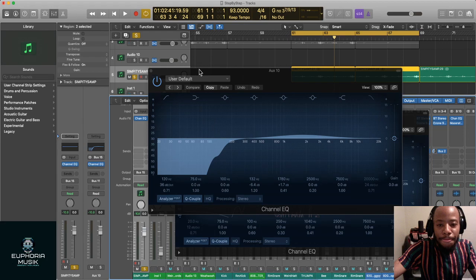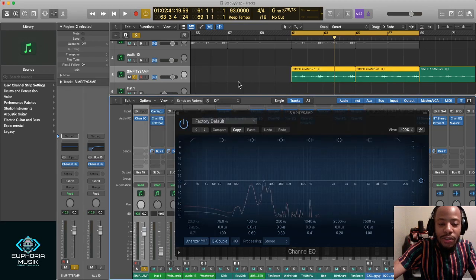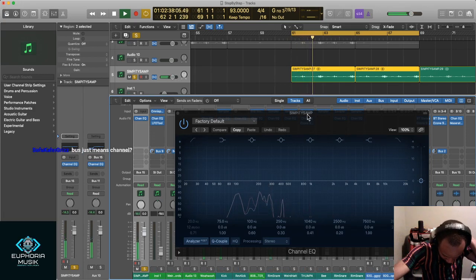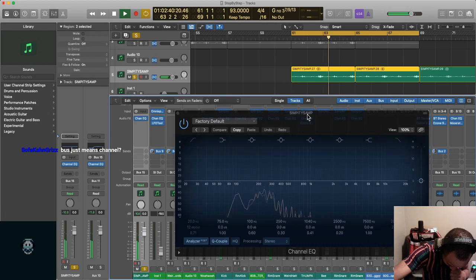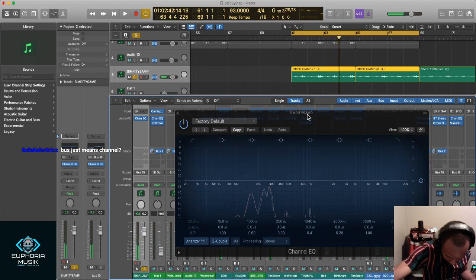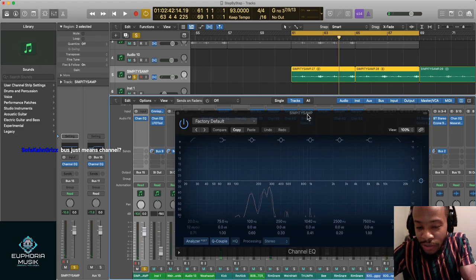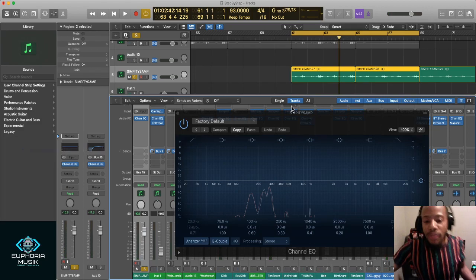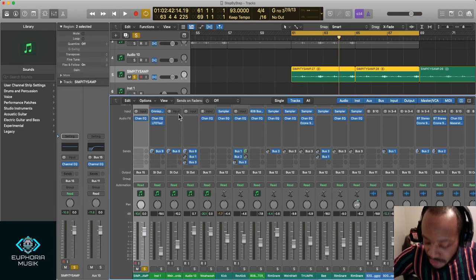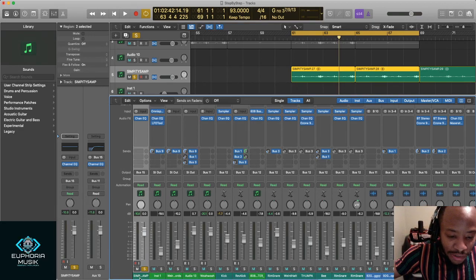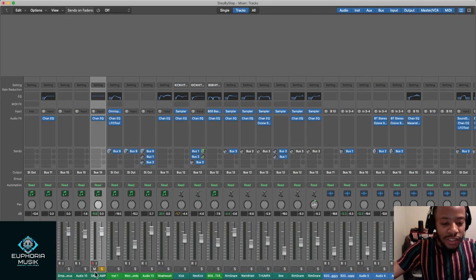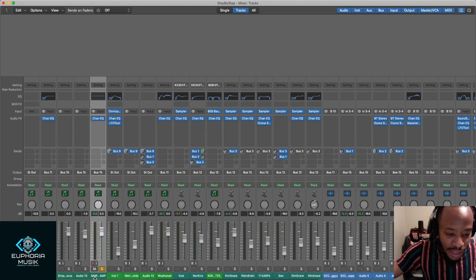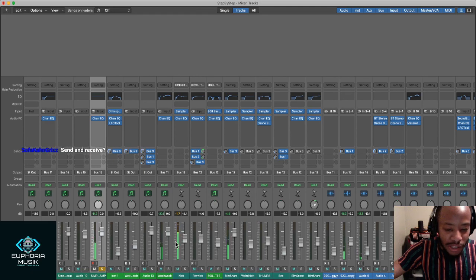All right, so we got that sound, this sound here. A bus is pretty much an audio channel where you can send a signal out to. For example, I'm not sure how it looks in your program, but see how this one is? This is the mixer here. Actually, let me go to the whole mixer channel. All right, so this is the mixer screen. And on the screen, this is that little part I'm playing right now, looping.